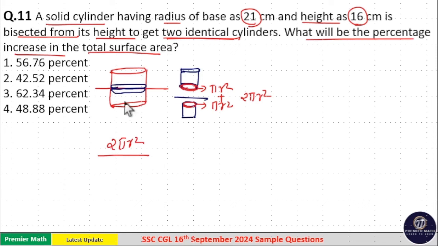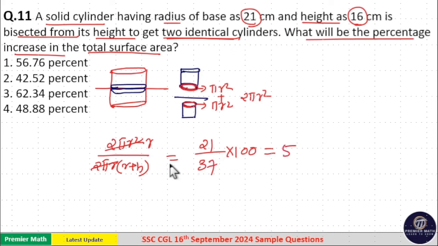So total surface area of cylinder is equal to 2 pi r into r plus h. Now you can see 2 pi r and 2 pi r cancel. Remaining is r by r plus h. r is equal to 21 and height is equal to 16. So 21 plus 16 is 37 into 100. Now 40 goes 5 times in 200. Then 37 goes 5 times in 210. If you look at this, option 1 is your answer. That is